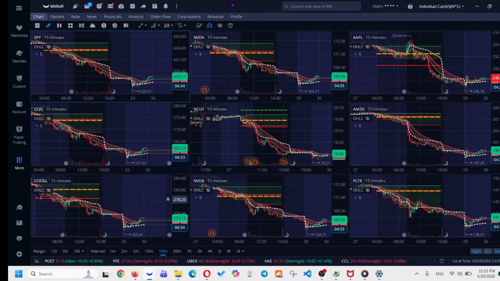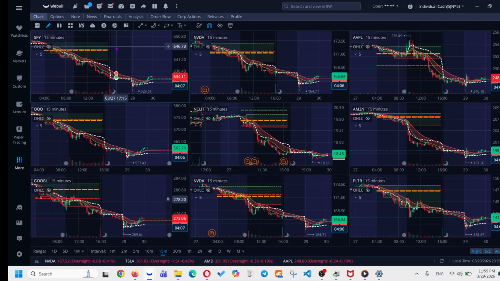What I do early morning is I try to put the ticker that I usually trade in this window, and I'll try to see how the trend is from 4 a.m. pre-market hour to 9:30 a.m. So in this case I have the 15-minute chart open for each ticker symbol, and what I